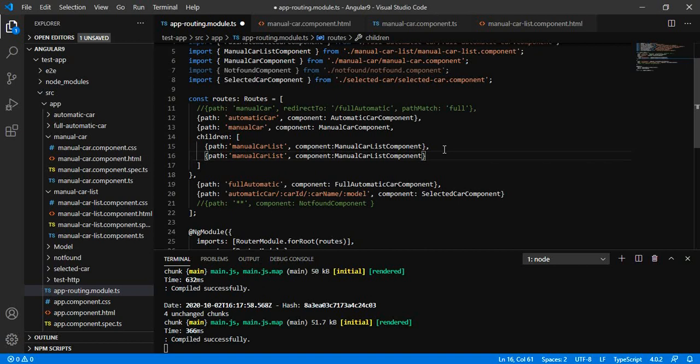It will simply navigate to them. Let us say if we have, let me add one more component.